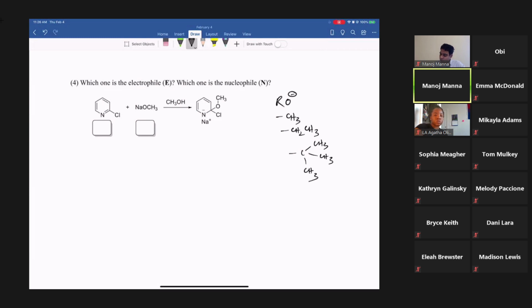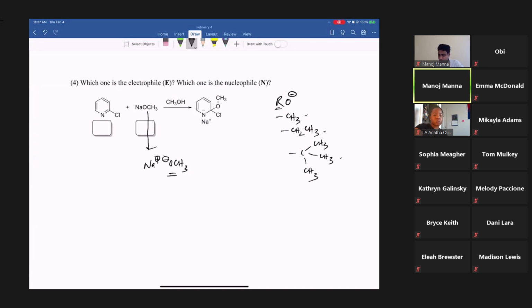I'm talking about R, the alkyl group. So if you have O minus, we call it methoxide, ethoxide, tert-butoxide. That means this particular reagent is Na plus and OCH3 minus. Once you have knowledge about the chemicals, now you can see this will act as a,